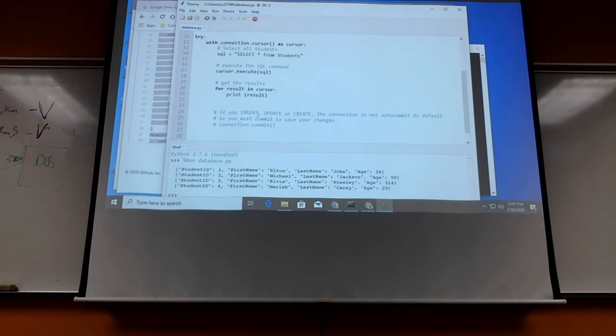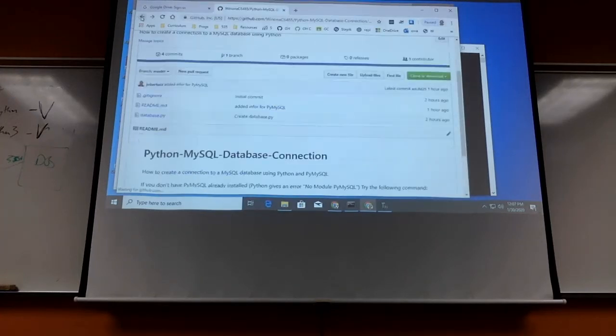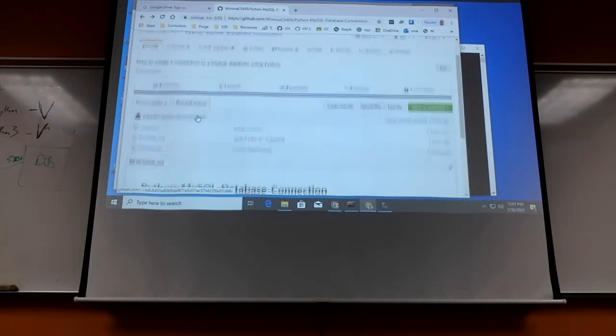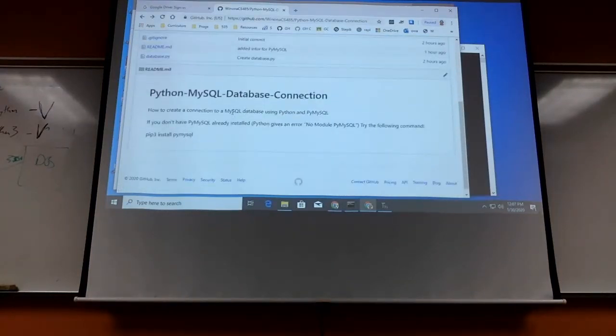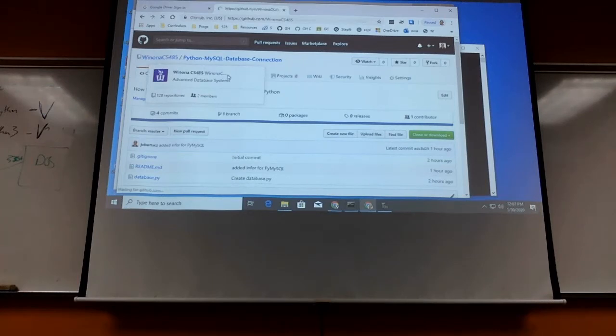And then the only thing you need to remember is if you actually change the database, insert, update, or create, unlike when you do it in phpMyAdmin, it doesn't automatically commit your changes. So you just have to uncomment this if you're doing that. OK, so that's one half of it, connecting to the database. The other half is the web server that I told you about. So you can imagine what a pain in the butt it would be for me to try to get Apache on this machine. So instead of doing that,